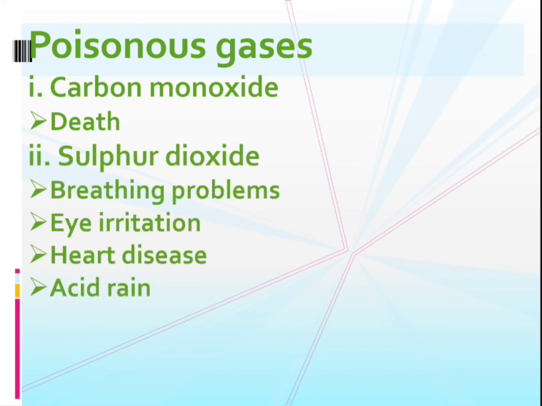Okay, next you have sulfur dioxide. You get sulfur dioxide from the smoke from the thermal plants where electricity is produced. So in that place you can see the sulfur dioxide. This causes breathing problems and eye irritation, that is, irritation in your eyes. You will be feeling itchy or burning, something like that. And if a person has any heart disease, then he will suffer even more. The heart diseases are worsened.